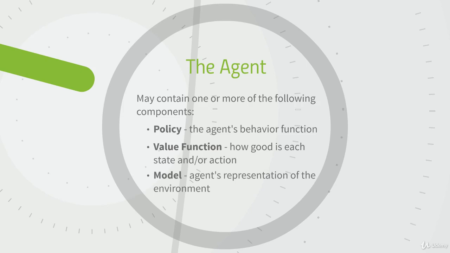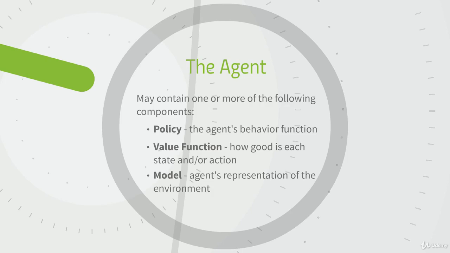Finally, we might have a model in our agent, and this is going to be the agent's representation of the environment. So a model is going to help us because we can predict what the environment will do next. So you see both a value function and a model are going to help our agent form predictions. In the last slide, we talked about a partially observable environment and how an agent would create its own state representation based off beliefs on its environment state. A value function and a model are going to help that agent create these beliefs.